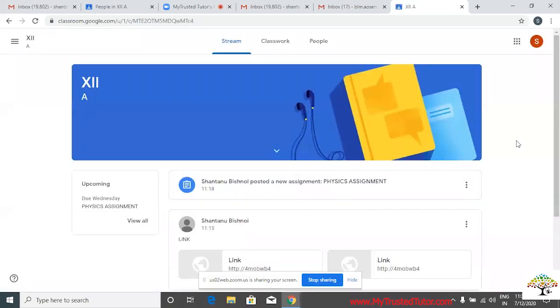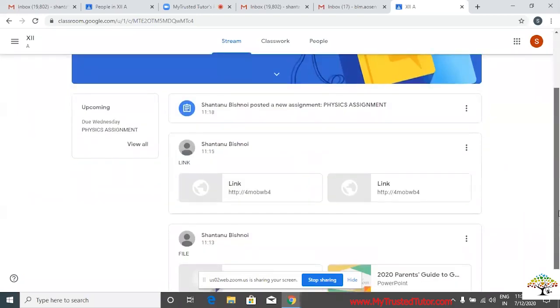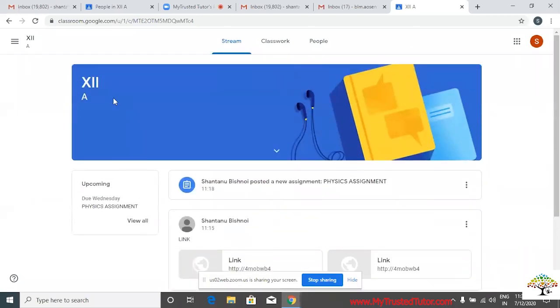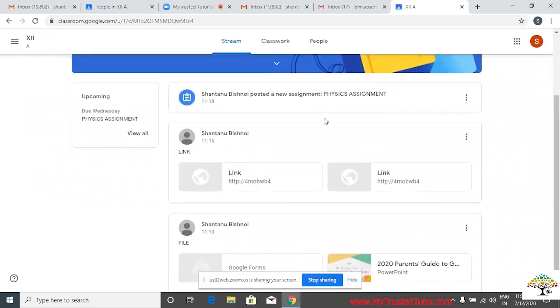It has taken me, as a student, to the classroom where I can find the class. Here, students will not find any class code. They will not find the theme and upload photograph options, because this is done by the teacher only. Students don't have the right to change the theme or upload the photograph. Now, as a student, they can see these options and whatever posts I have made.